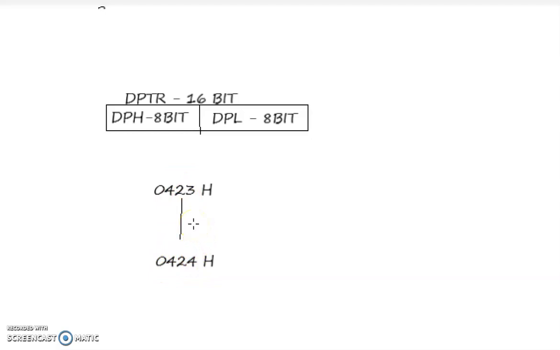By dividing it into two registers, we separate 04 and 23 as two 8-bit numbers, and we need to increment to 04, 24. The 04 is the same, that is the higher 8 bits are the same, and we need to increment only the lower 8 bits. So 23 should be changed to 24. So only DPL is incremented, and DPH is kept as it is. So we can do it by a single ALU operation, and perform this increment of the 16-bit number.